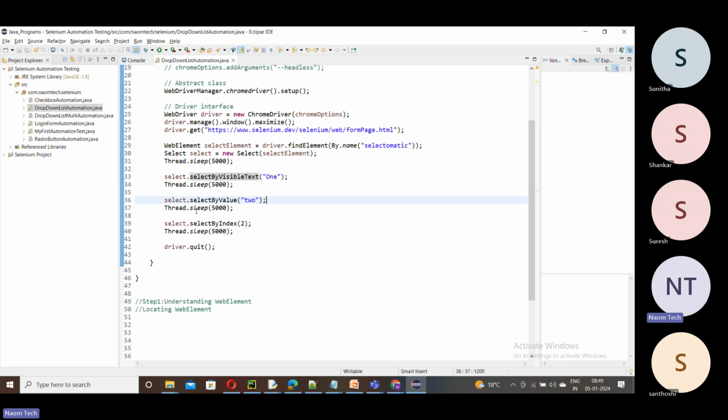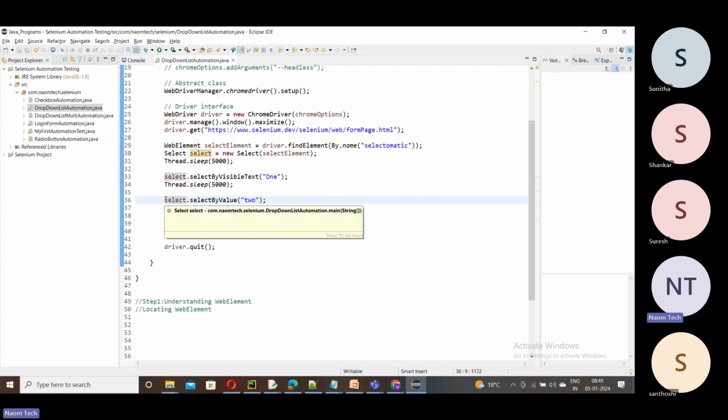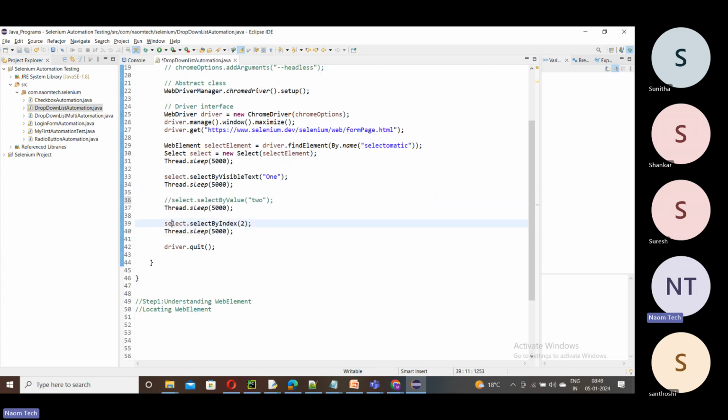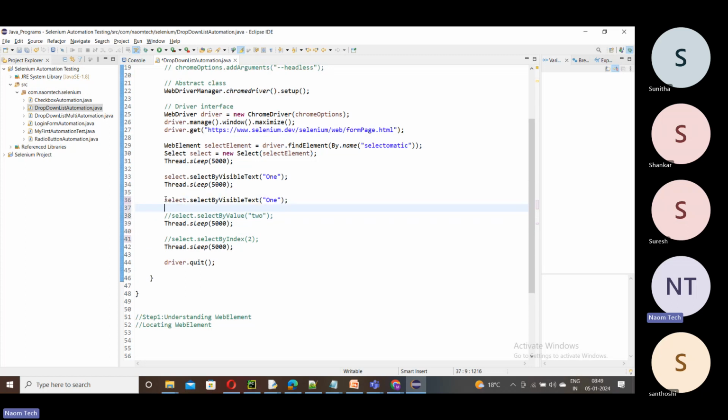Suppose you ask me: can you choose one method and try to automate that whole drop down list? My answer is yes. These are not actually needed to do automation on a drop down list. One method is enough for us, to select all these elements in the drop down list one by one. So let me just show you here. Now I'm commenting out the other 2 methods. See here, and now just apply this here. Now in the first